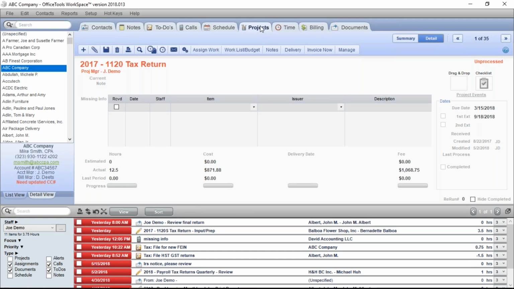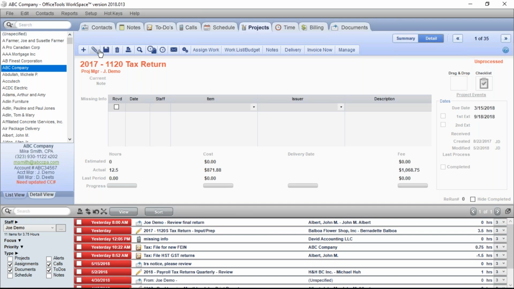You can set up budgets globally, meaning you can say within the project definition that this project will take 4 hours to complete. I don't recommend that though in most cases because every client's a little different and it's a little hard to kind of put that budget detail on a project. But if you have the need, you can do that. Or if you're billing by form, maybe you could figure that out. If you have something that's pretty standardized, then maybe that's an option.